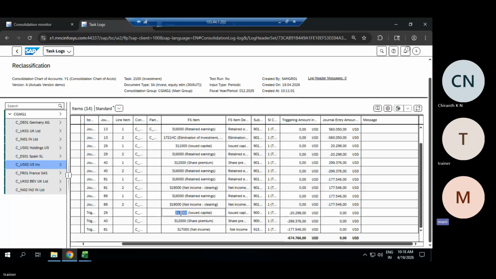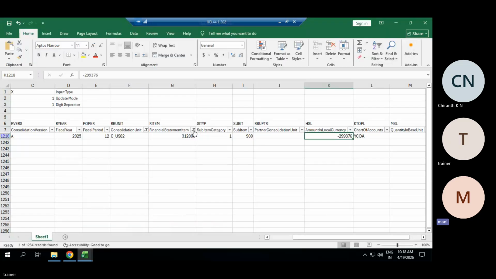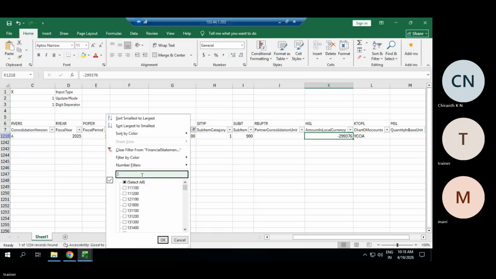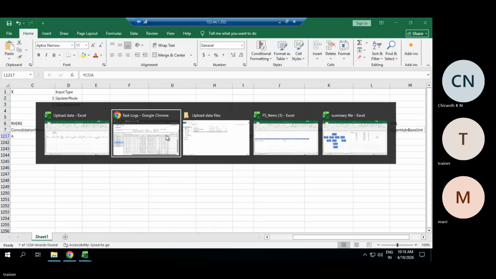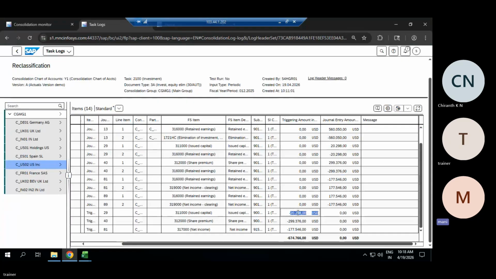I think I have taken the wrong example. This is getting eliminated: 20298. That is issued capital getting eliminated, right? These are all other calculations. Share premium also we need to eliminate, right?